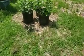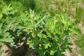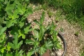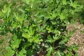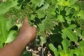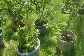These are my 3 original figs that I bought last year. This is a Chicago, this is a brown turkey, and that's a Beers Black fig. The only one that I've gotten fig from ever has been the Chicago Hardy, which is this one. And I can already see little figlets coming. Over here is my